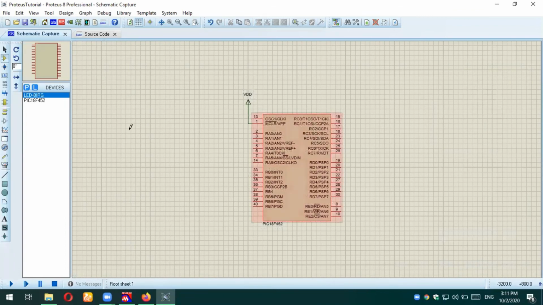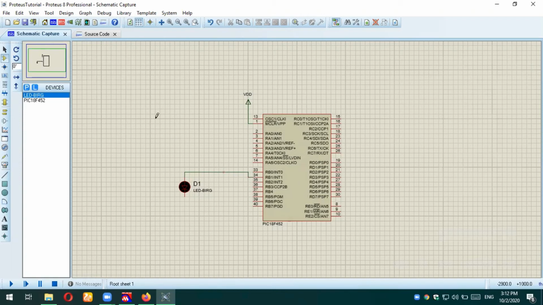Once you press ok, you will see that earlier we were just able to see this PIC 18F452, which is over here, and now we can also see LED BIRG. So just click on this and then click over here somewhere. As you click it, you can see that now there is an LED which should be connected with RB1. So I'm just putting it here, and this is the positive terminal. I hope you know that this is the P side and this is the negative side, and you will connect your P side with RB1.